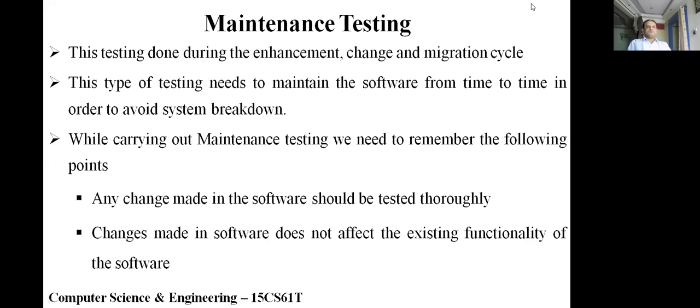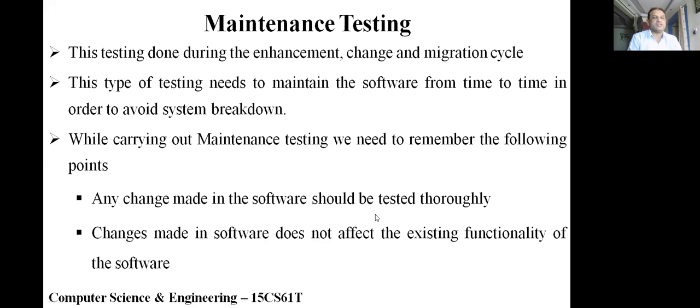Any change made in the software should be tested thoroughly. Changes made in software do not affect the existing functionality of the software. All these things come under maintenance testing.